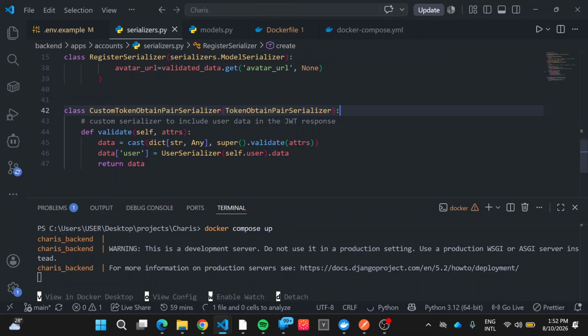So the validate function, we're going to have this super validate attributes. Basically what it does is it's going to run simple JWT's validation. So simple JWT is going to handle three questions. Does the user exist? Is the password correct? Should tokens be generated? Then this line here adds extra information, which is our user data that we wanted to